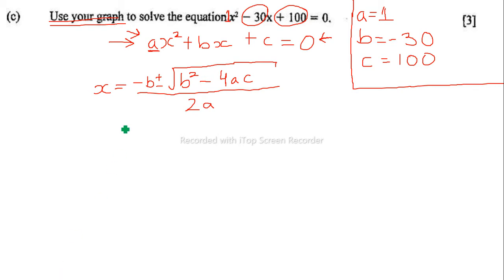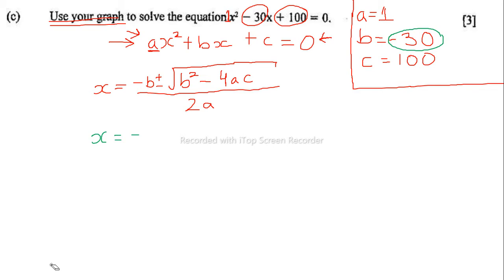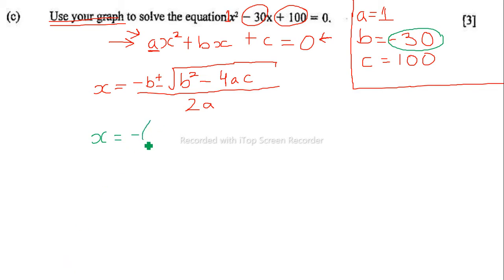Okay. So x is going to be equal to negative b. Now b is what? Negative 30. So it's going to be open bracket, negative 30, close bracket, plus or minus